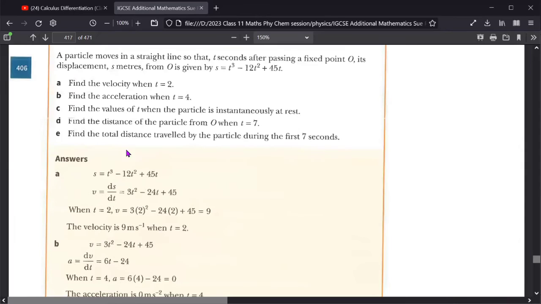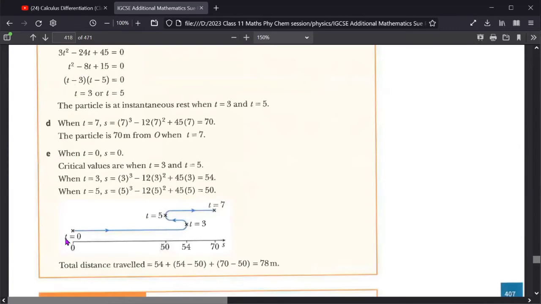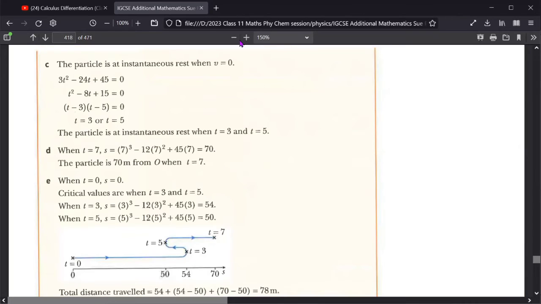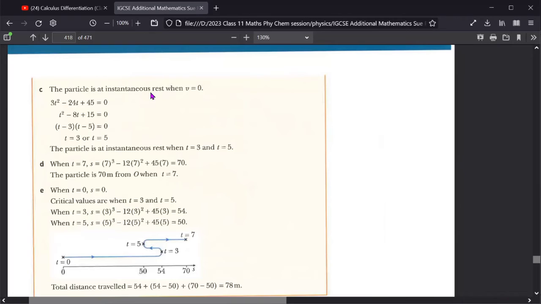Now what he is saying is find the total distance traveled by the particle during the first 7 seconds. He is asking us the total distance. Now if you look at this part, the particle was instantaneously at rest at 2 points where the velocity was 0. This is what I told you, that at t is equal to 3 seconds and t is equal to 5 seconds. Now if you look here, the displacement function is